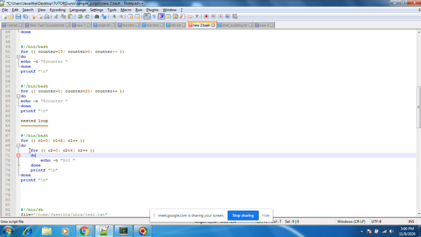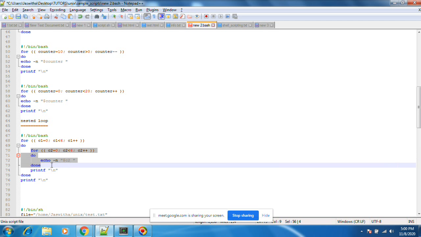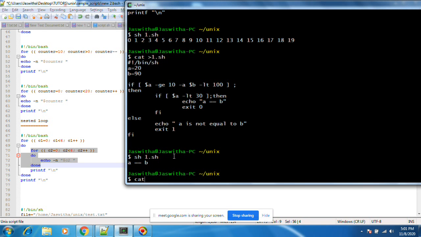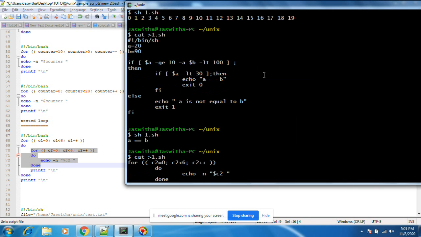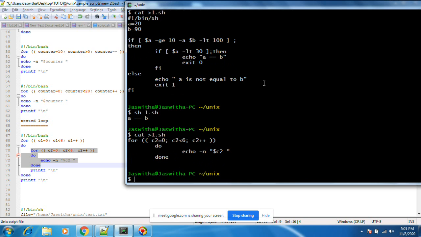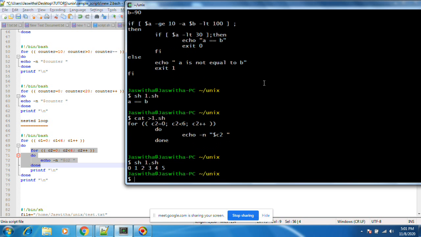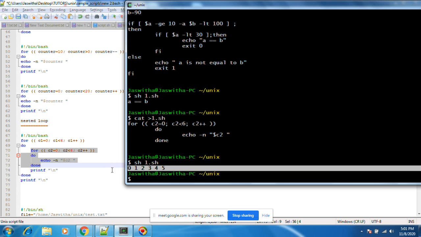By default, if I run this one, let's see what it will print. I'm running only this line. The output of this is 0 1 2 3 4 5, correct?